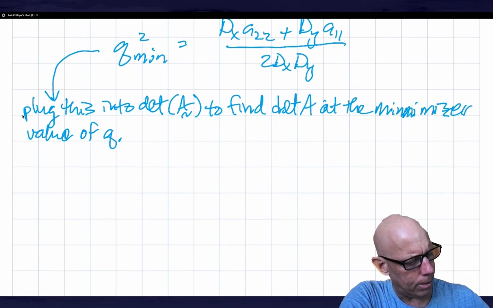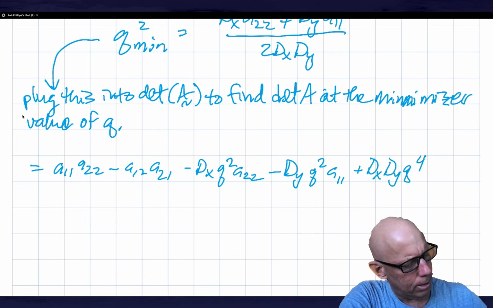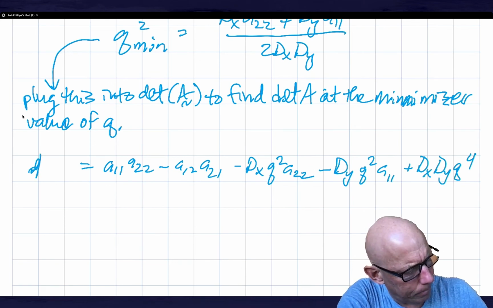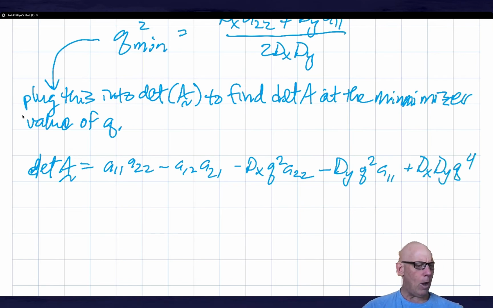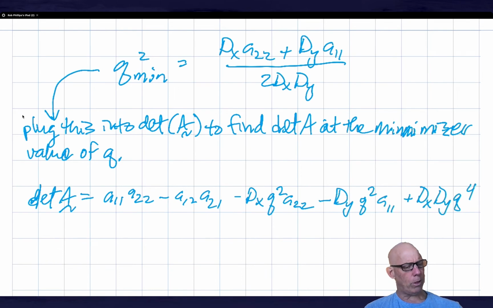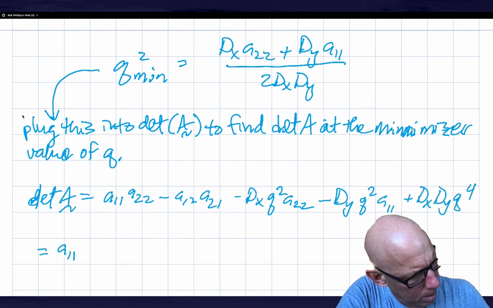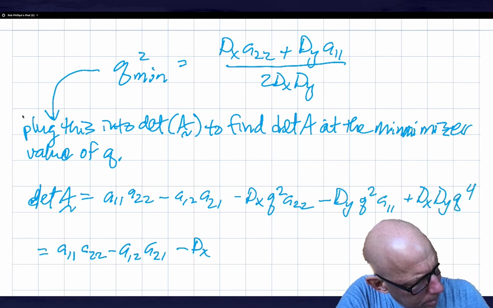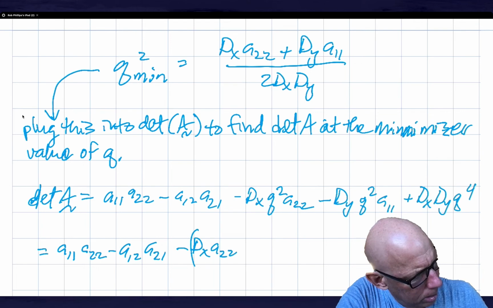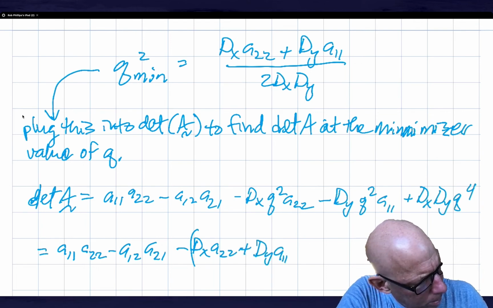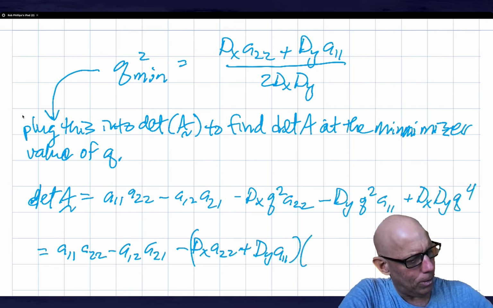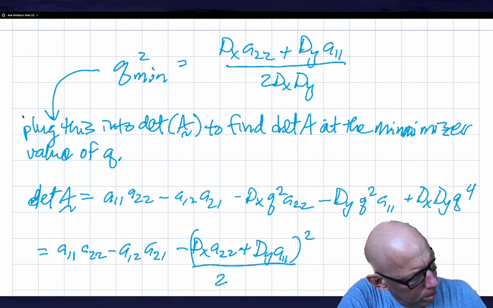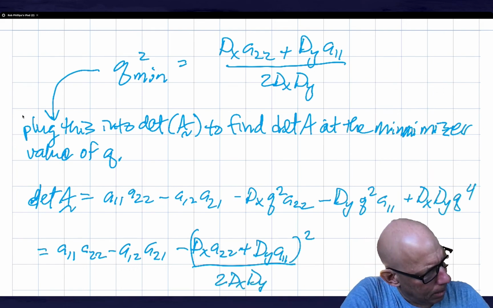Yikes. I've done this, but I don't even remember doing it. So I think I better go look. This is the determinant of A, and now the proposal is we plug in the value for Q squared. So this gives me A11 A22 minus A12 A21, and then minus (dx A22 plus dy A11), and then times the same thing. That's useful. I'm going to just square it, divided by 2 dx dy, and then plus,